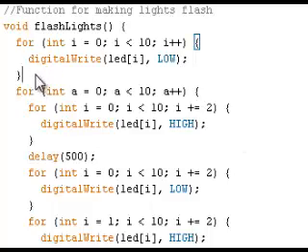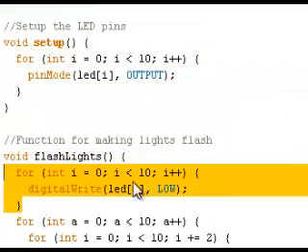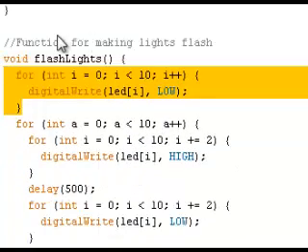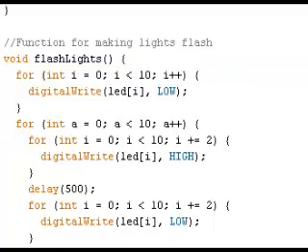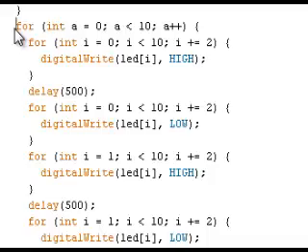So to start things off, I basically make a for loop to set all the LED lights in the array to be off, just to reset it, so that in case there are any on, they just got all set off. And then I get into the heart of it, which is to go through